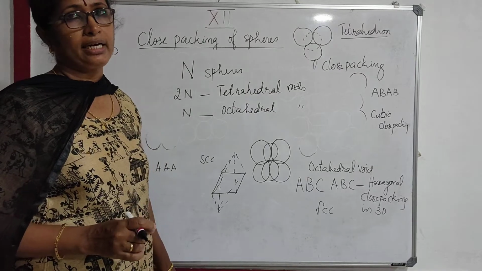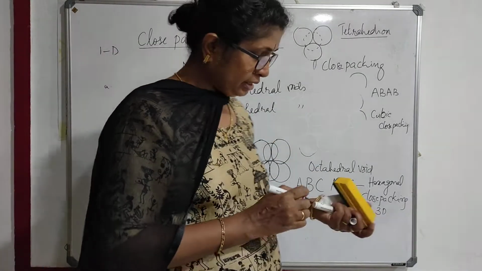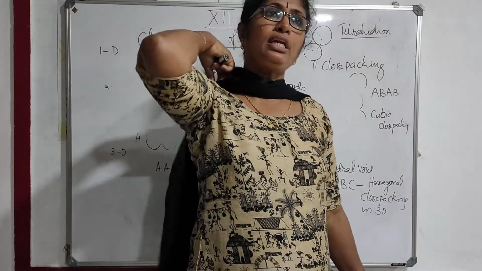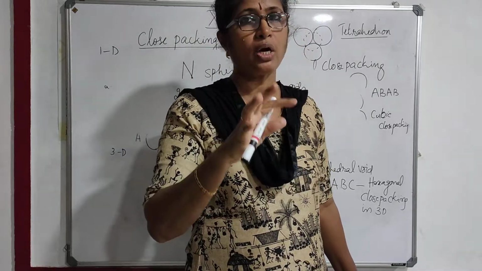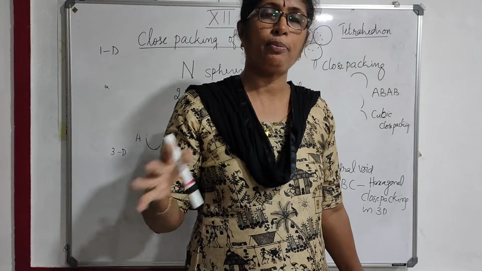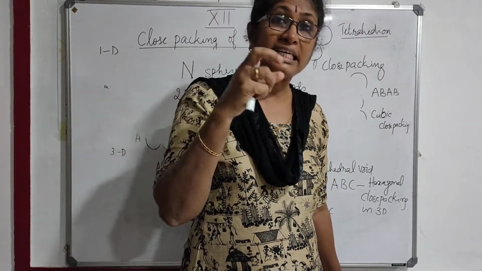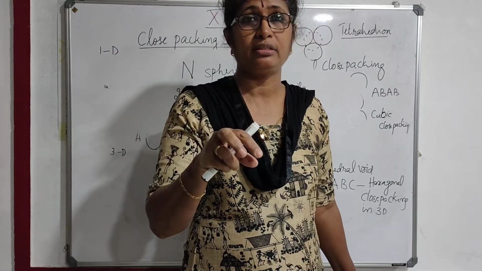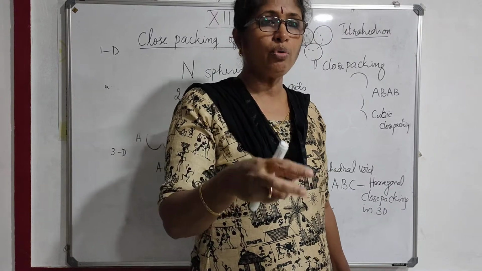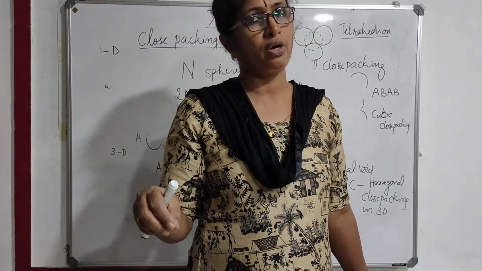So, usually when you talk about these solids, like sodium chloride, that is ionic solids, usually the cations are smaller and anions are bigger. So anions will form the CCP, cubic close packing, or hexagonal close packing. They will form the close packing, and the cations will be occupying the voids. So by finding out the number of voids occupied, you can find out the formula of the compound.